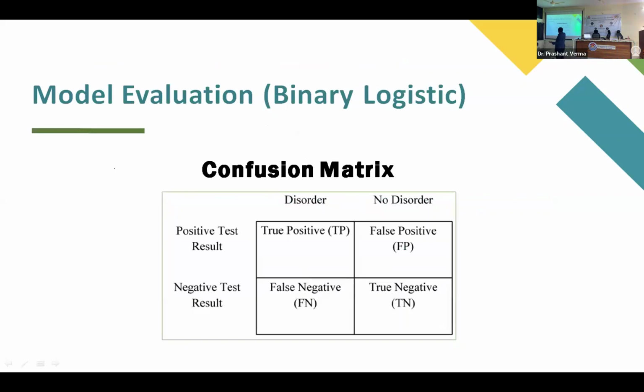Suppose it's example for the disorder and not disorder. Suppose you are talking about the HIV cases. So the test result was your model basically. That your test scale is a model. What it does, it identifies what are the positive results are there, what are the negative results are there. So if the person is having a disorder and the model is saying it, that particular scale or test is based on some statistical tool as well. Okay.